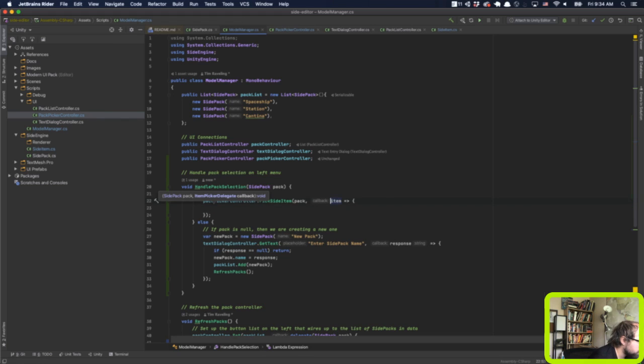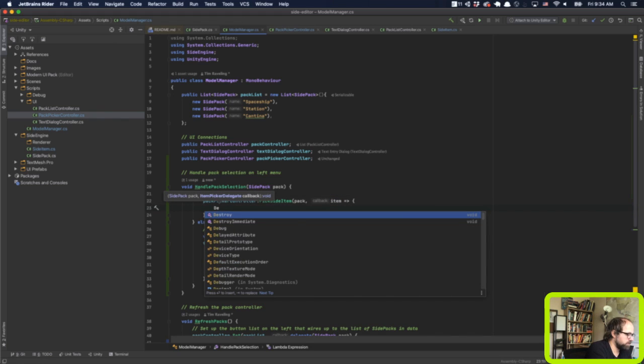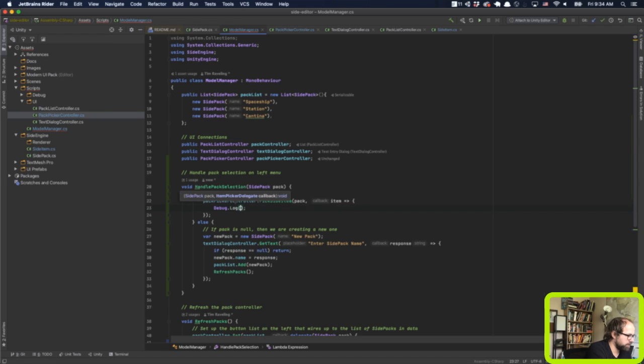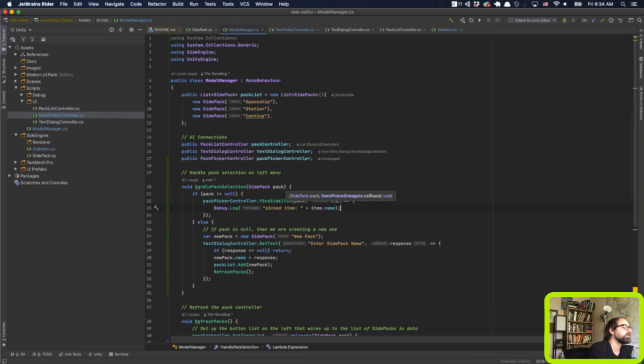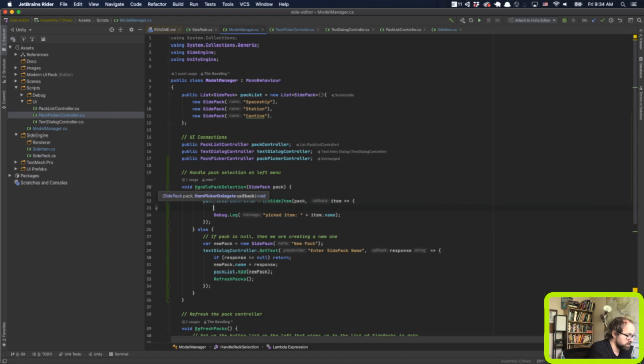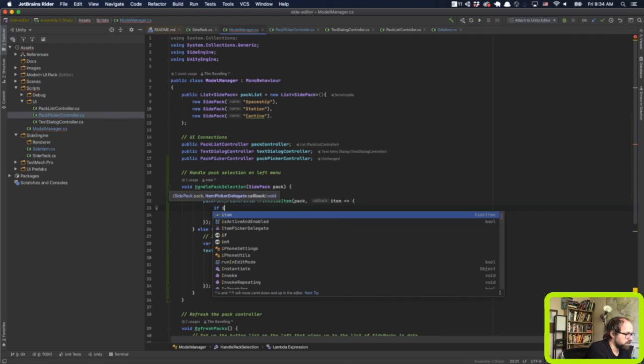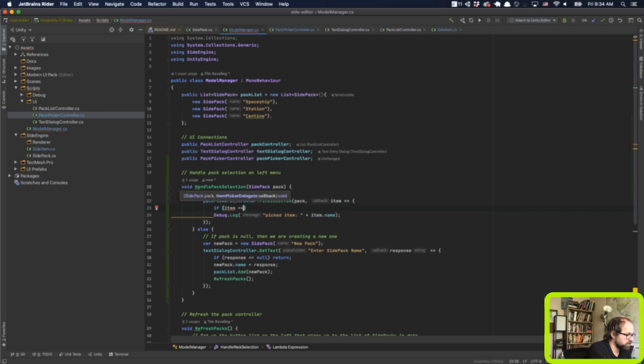Okay. And now we can say debug.log picked item. We just created that name attribute, right? It's just string. So eventually, when you click on a grid, the grid will close and it'll tell us which item we picked. If the item is null, we should actually handle that. If item is null,